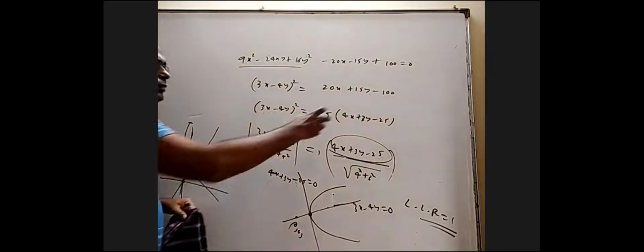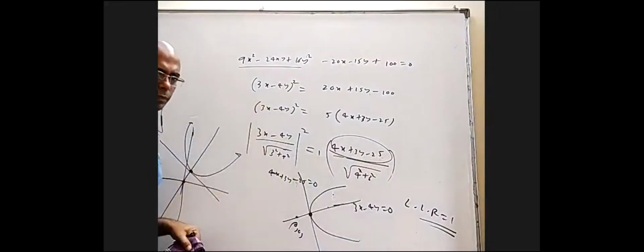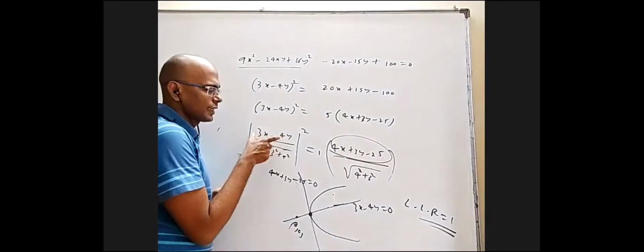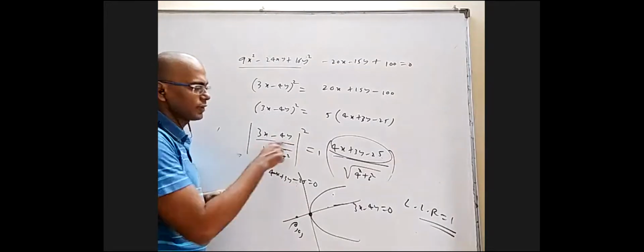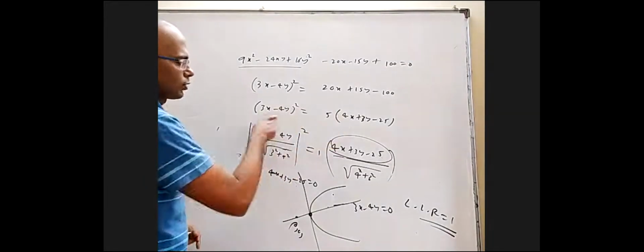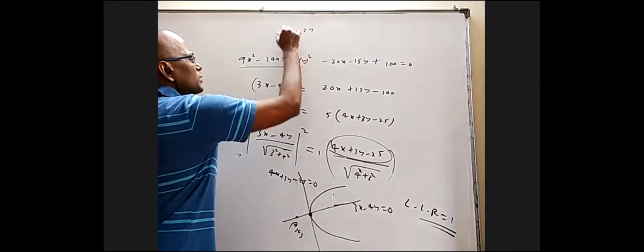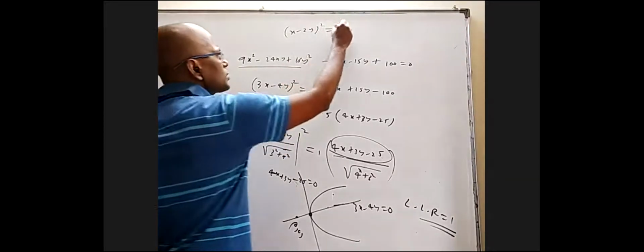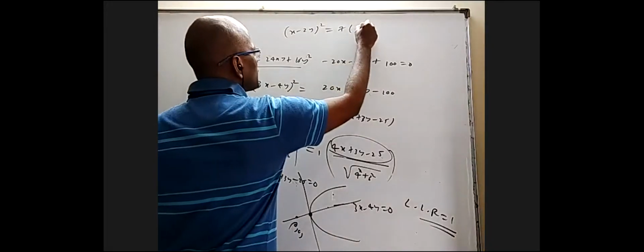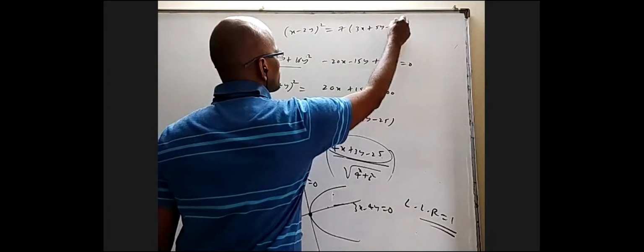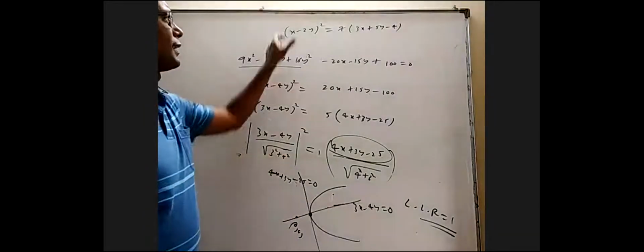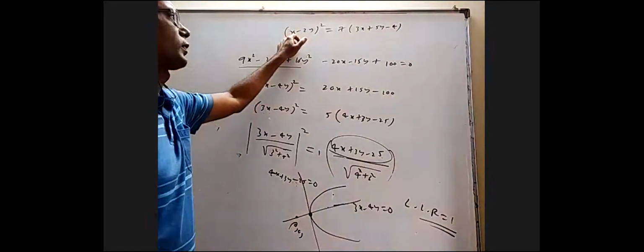One may say, what if this part doesn't come perpendicular to this? Then the method is the same, but it need not be that the tangent at vertex always has constant 0. You can have some constant. So when this is not perpendicular to this, we add some constant k here. Let's say in another question you got (x minus 2y) whole square is equal to some 7 into (3x plus 5y minus 4), something like this. Then this is a perfect square, so most likely it's a parabola.